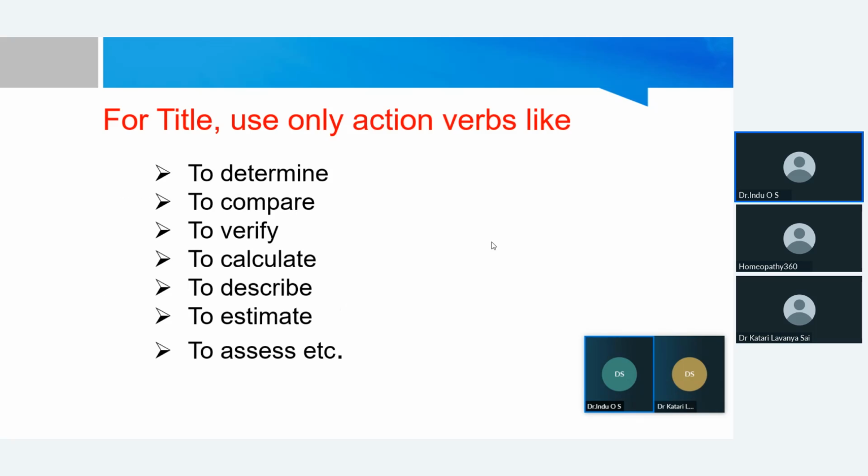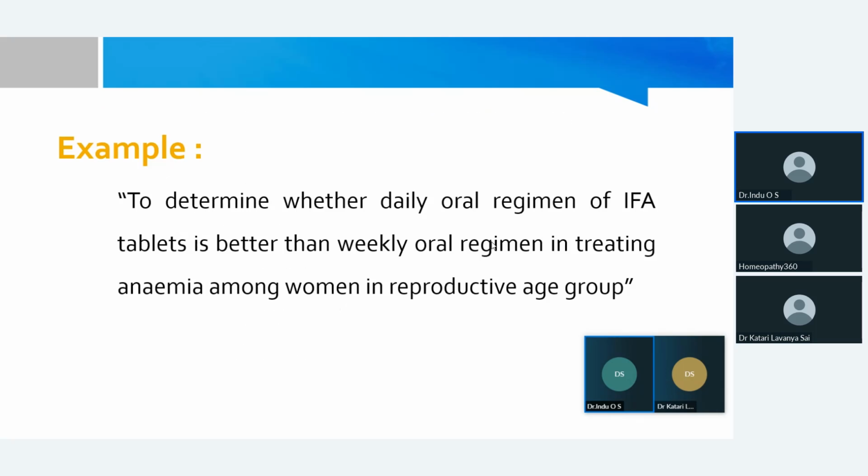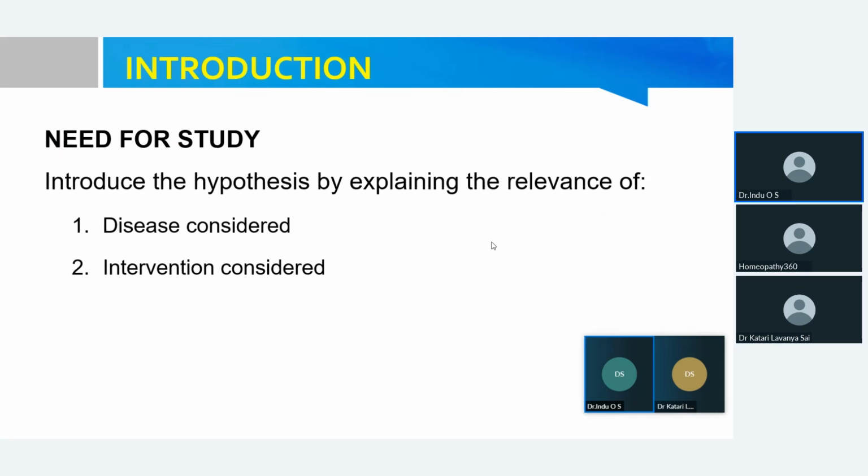Then comparison. Here we are not having any comparison group. In that title there is no comparison group, right? So if you are doing clinical research, try to get a comparison group. Otherwise, this clinical study will not be a valid one. Whenever you are doing a clinical study, there should be a comparison group. You can compare